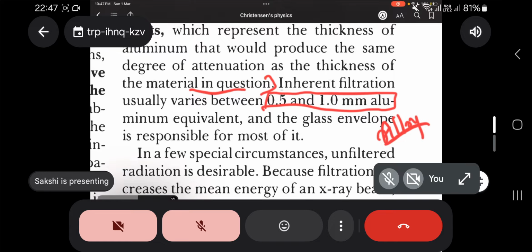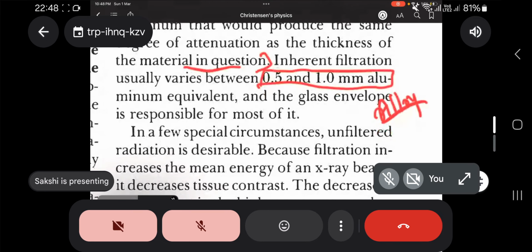Ma'am, the ceramic material used is aluminum oxide, I think. I'll have to check. Give me some time. Wherever you write questions or solve MCQs, everywhere it is written metal ceramic, so I also know only metal ceramic, and nowhere do they tell the composition of the X-ray tube. I'll check it.